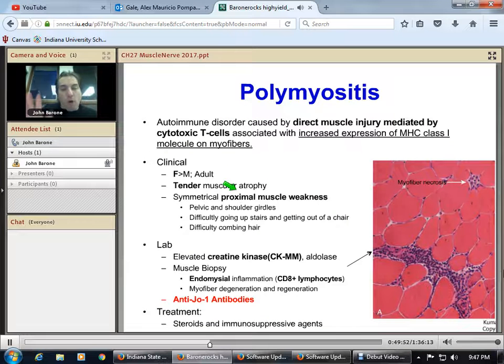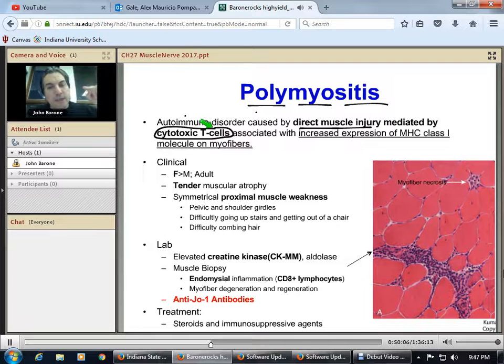We'll do them all, but that's going to be the most testable because there's extra rash they can ask about. Okay, now let's start with the first one. Polymyositis, muscle inflammation. This is an autoimmune disorder where you get direct injury of the muscle because cytotoxic T cells